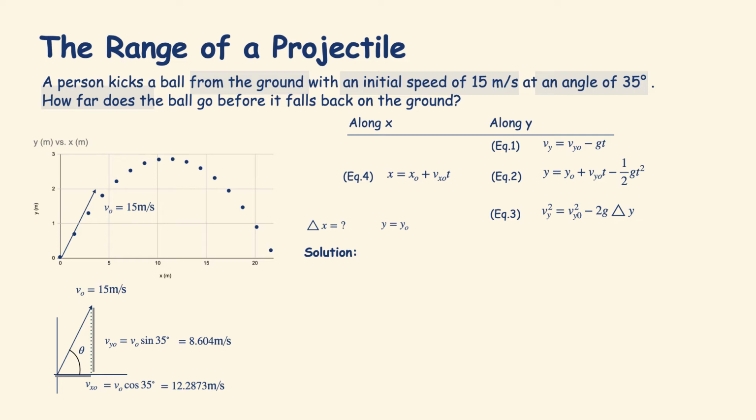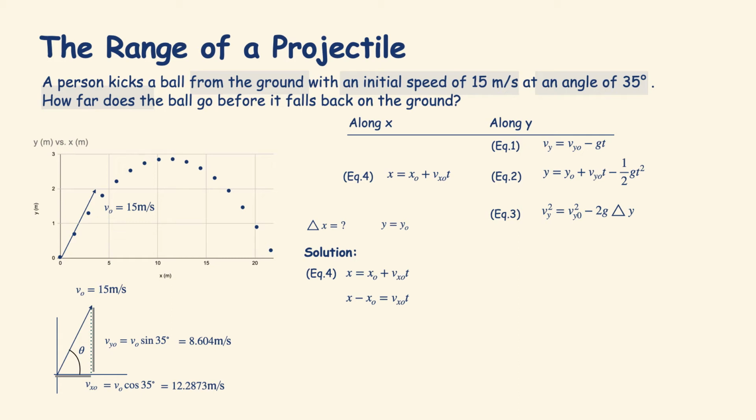If the question is about how far a projectile goes along the horizontal direction, there's only one equation that actually relates to the horizontal motion, and that's equation 4. X is equal to x naught plus Vx naught t. If I rearrange it slightly and move x naught to the left, the difference between the final and the initial position along the x will be that question in the problem, delta x. And so if I want to find delta x, I will just need to